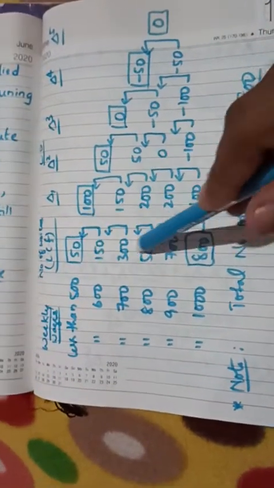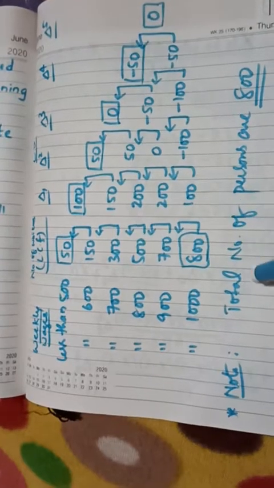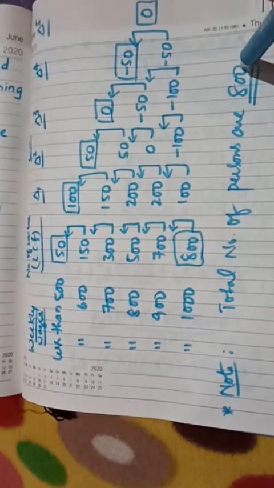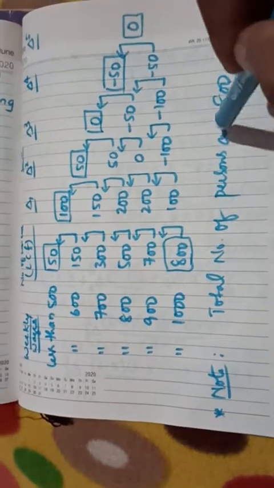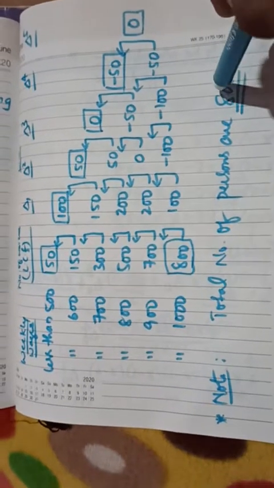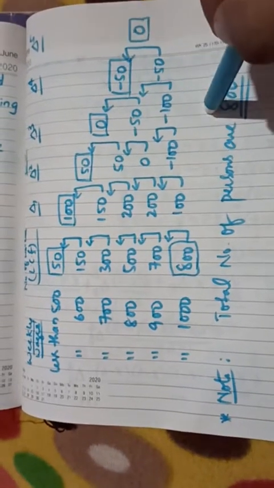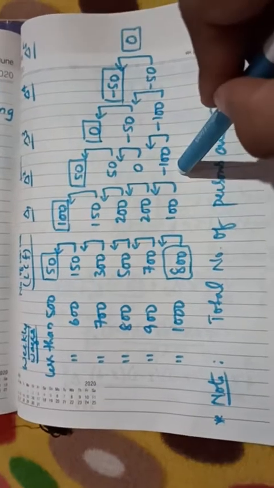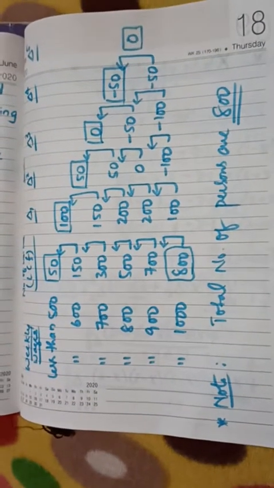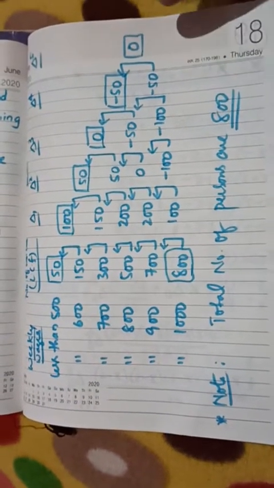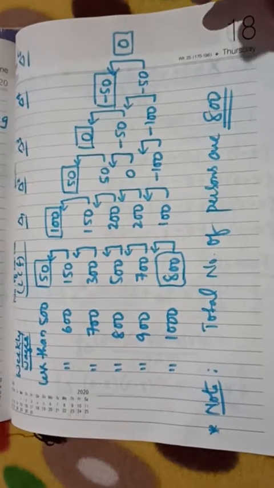Now obviously, as LCF, the last term becomes the total number of persons, 800. Just mention it as a note somewhere else. Clear? So let us see the further step. The leading difference table we calculated. Now, according to the formula, we need to calculate x and then substitute in the formula. Let us see that.